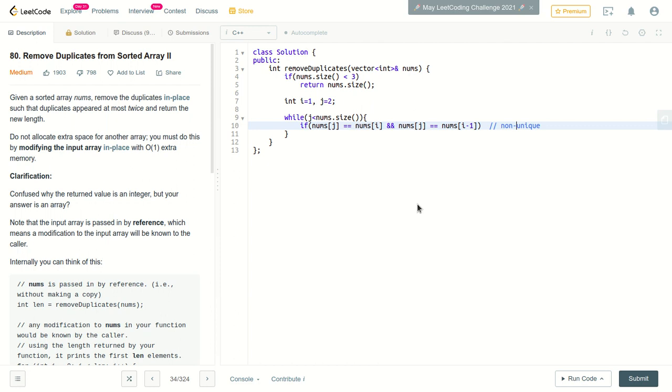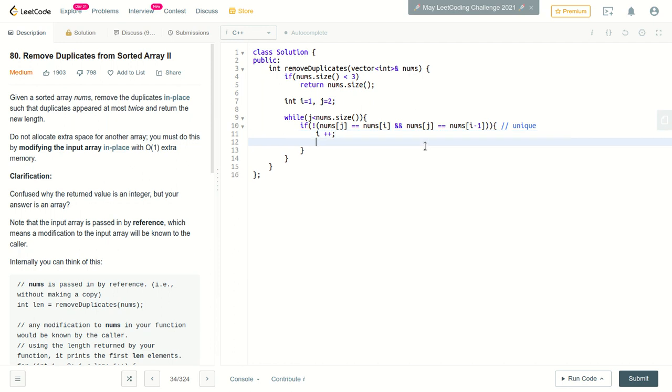To make it unique, we simply negate this condition, and now it has become unique.